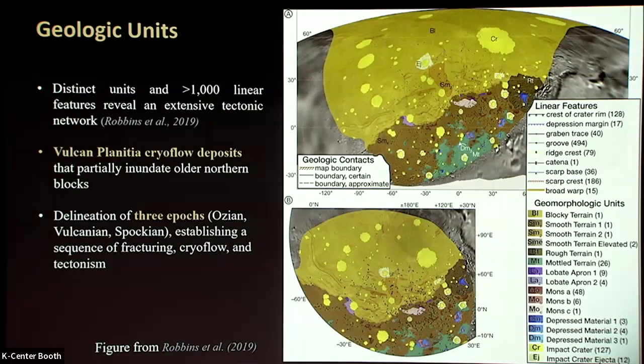There are two geologic units. We have the Vulcan Planum area where we see potentially cryovolcanic flow deposits. So these are flatter and have more sparsely cratered areas. And we do seem to see multiple epochs of activity on Charon with this sequence of fracturing and cryovolcanism and tectonism. So we can try to use that to pull out a bit of a time series. And as we'll see on the next slide,